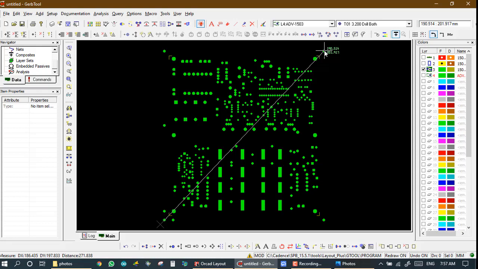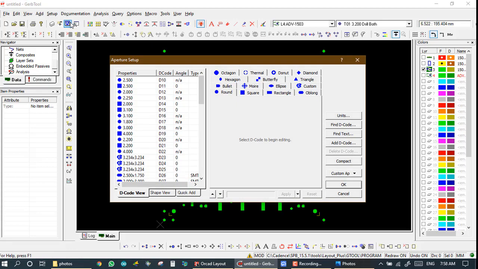We take dx 195 replacing 186, and dy 205 replacing 197. So we have both values, x equal to 195 and y equal to 205. We remember it.